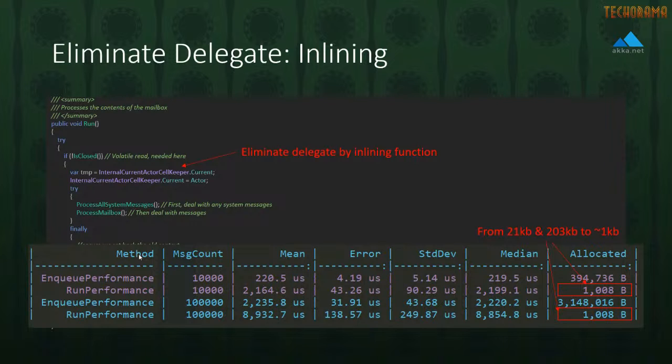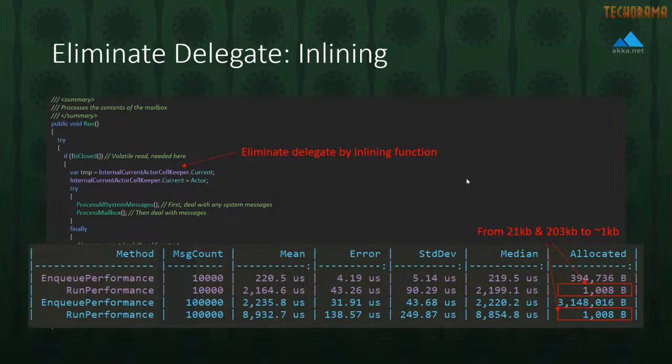We went from allocating 21,203 kilobytes to exactly 1008 bytes. So wherever this is being allocated from is probably a fixed size sort of operation somewhere. Not really important for us to try to eliminate that. But the fact that we're able to eliminate all these delegate allocations will result in a lot less garbage collection needing to happen every time an actor processes messages.